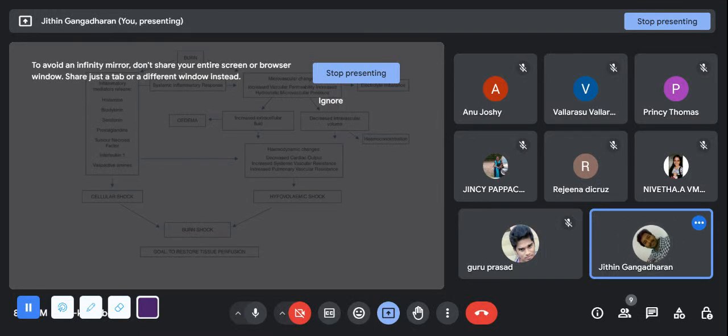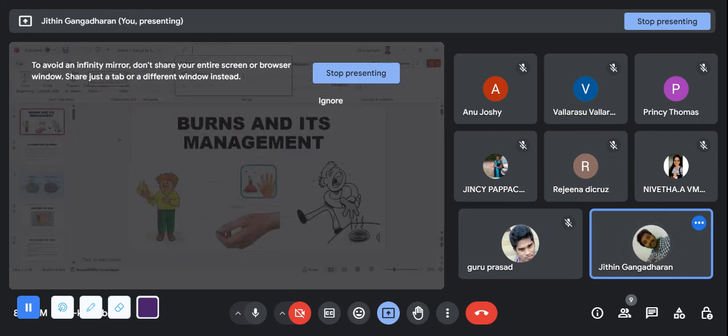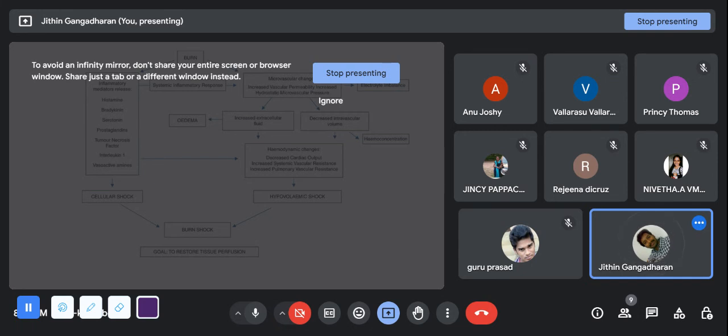Now see here, this is the main thing. What happens? Kindly understand this. If you have any doubt, kindly ask. Once you study this area properly, take the screenshot. Once you study this properly, you will be able to answer any sort of questions that come from burns. So understand here. Once you have burns,